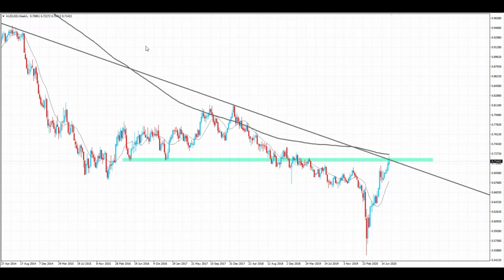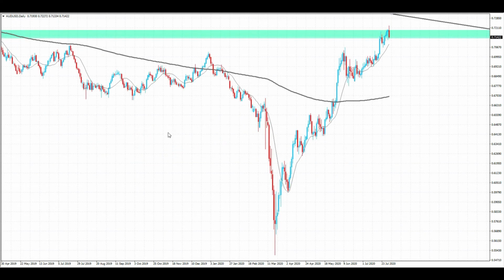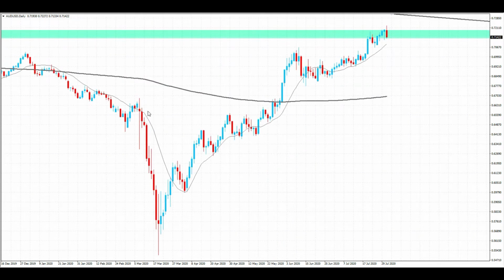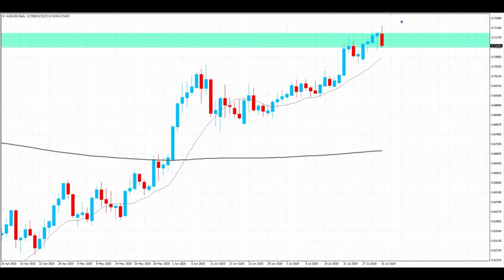So all we're looking for is that price action on the daily time frame for us to get into this market, to anticipate the monthly and the weekly trend to the downside to continue. So currently we're at that resistance on the daily time frame, and you can see that on Friday we had that bearish engulf. If I zoom in, you can see a little bit better. We had that bearish engulfing pattern,